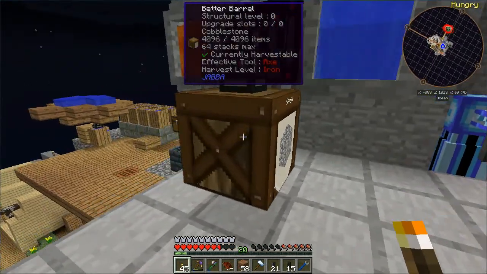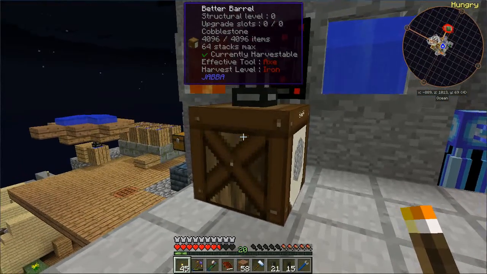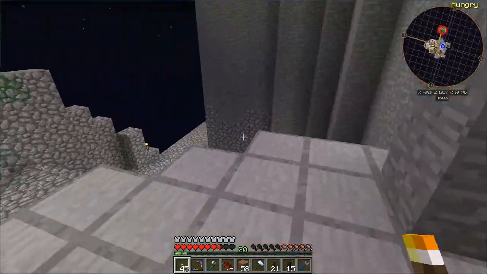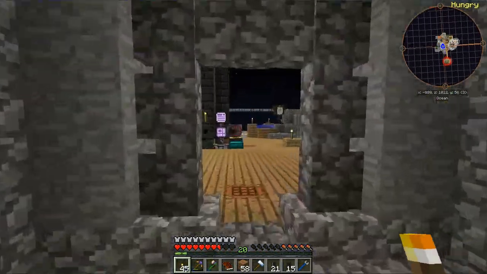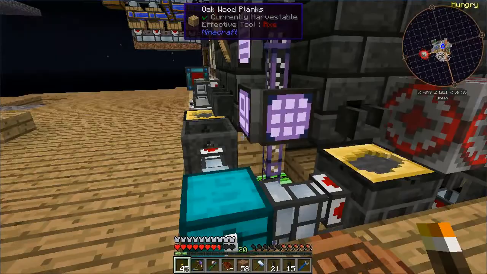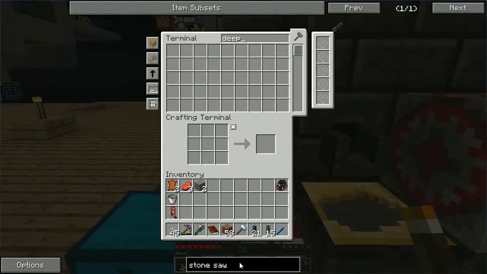So anyway, this cobble gen is automatically producing items into the better barrel. What I'd like to do is replace this with obviously deep storage units, but I can't do that until I actually craft some deep storage units. So what I'd like to do is head over to the ME system and demo how to do that. So at the end of last episode, I had shown how we can make